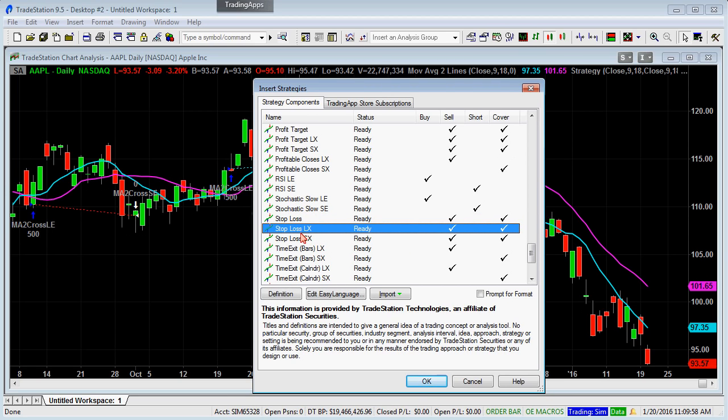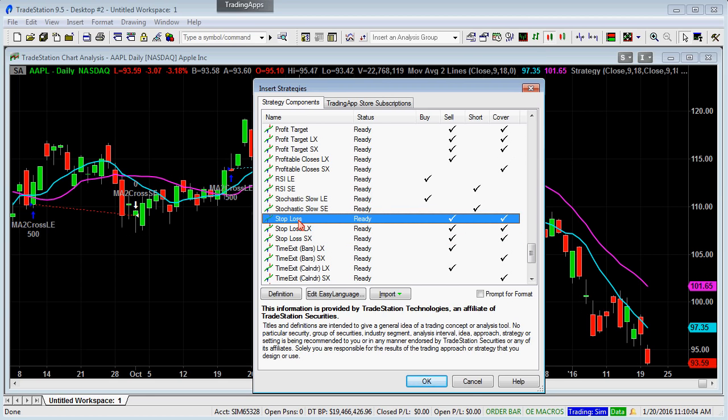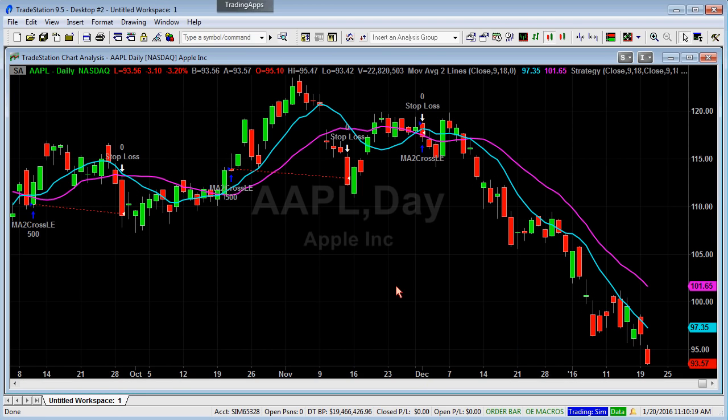And you have a stop loss that works only for long positions and short positions. The one that I'm highlighting works for long trades because it has a check mark here under sell, and it has a check mark here under cover. So it also works for short trades. If I click OK,